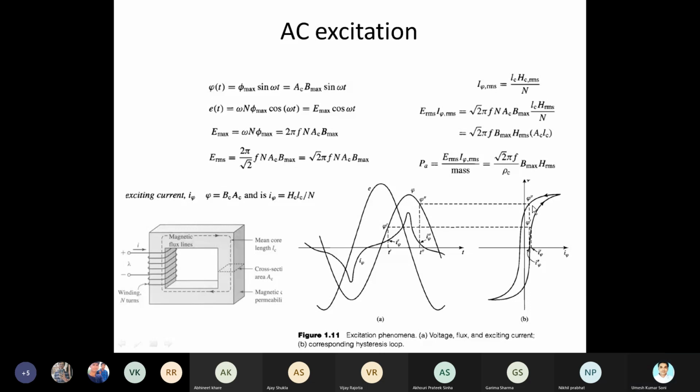Okay, so this magnitude of flux with current that is being drawn, so this is related to the whole of this excitation. Okay,